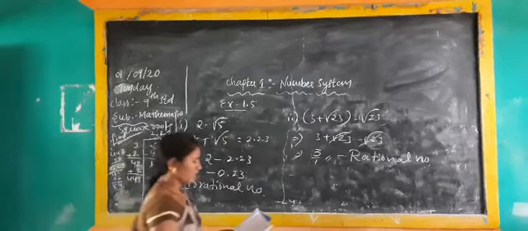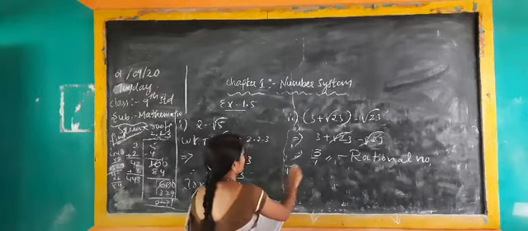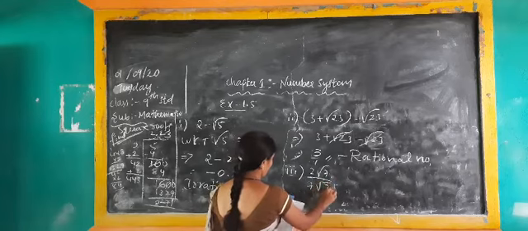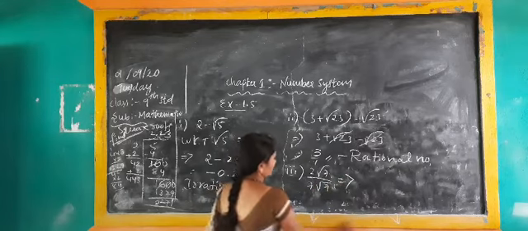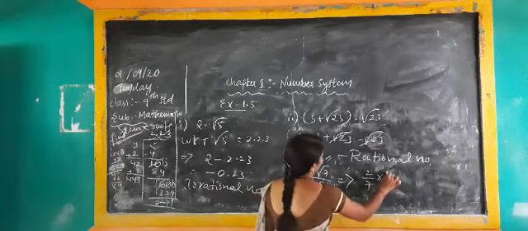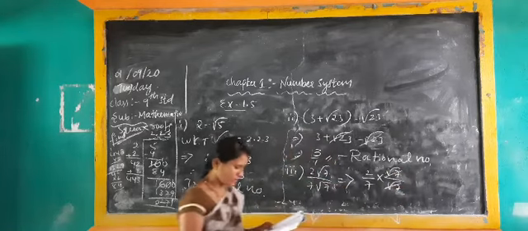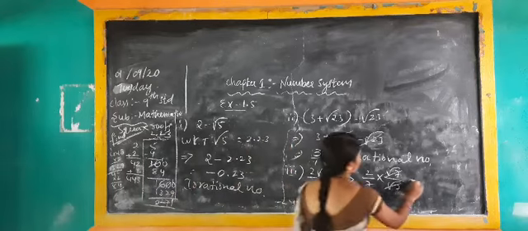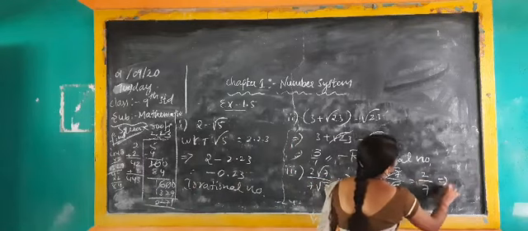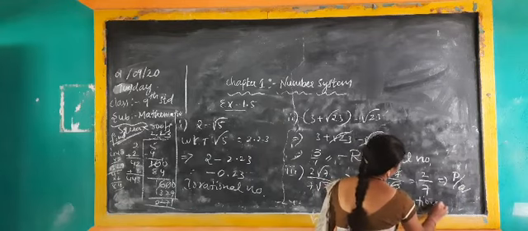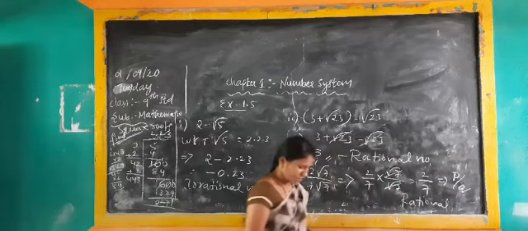Next, third one: 2 root 7 divided by 7 root 7. I will write this as 2 by 7 into root 7 by root 7. If root 7 is cancelled, what is the value? 2 by 7. It is in the form of p by q, so it should be rational. Okay, understood? Next,